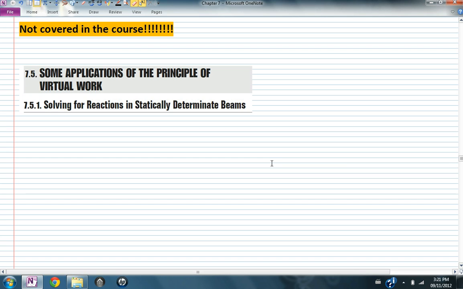In the previous part, we introduced the principle of virtual work, for both a continuum and for beams. And just to recap what the principle states: if I have a continuum that is in equilibrium, it has a body forces vector applied to it, and on the surface I have a traction vector, Tn,